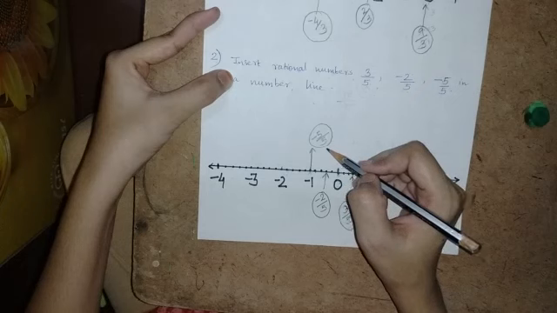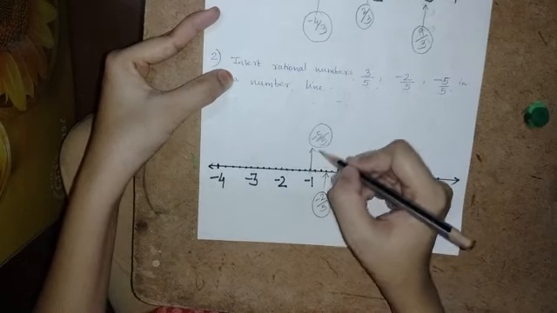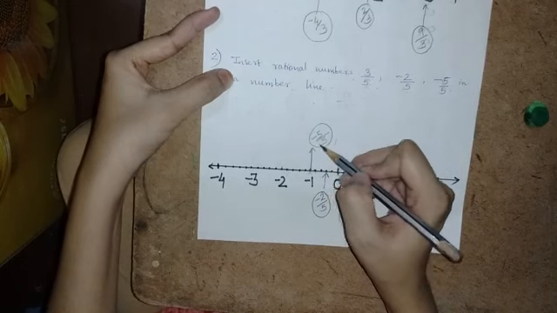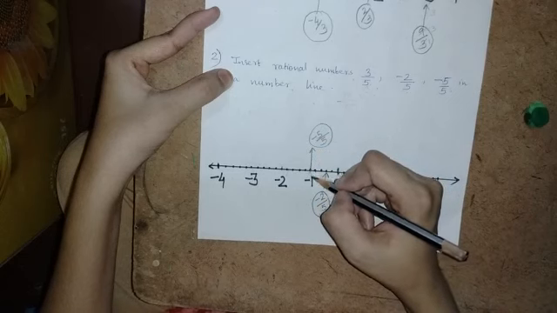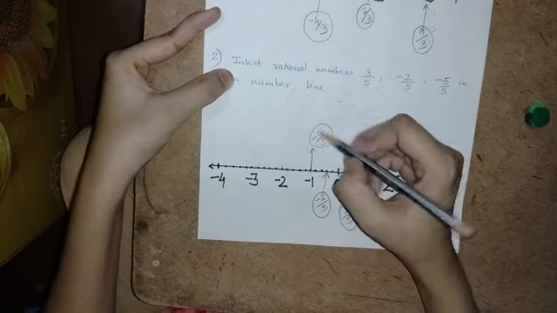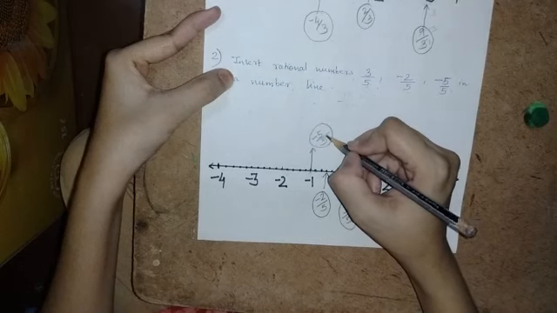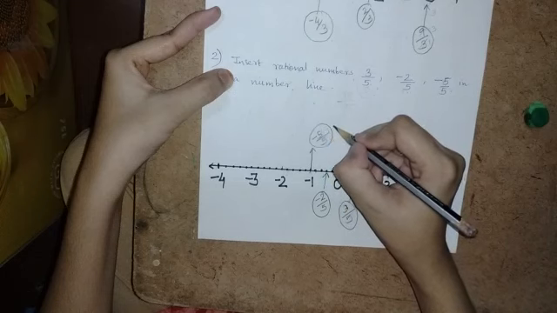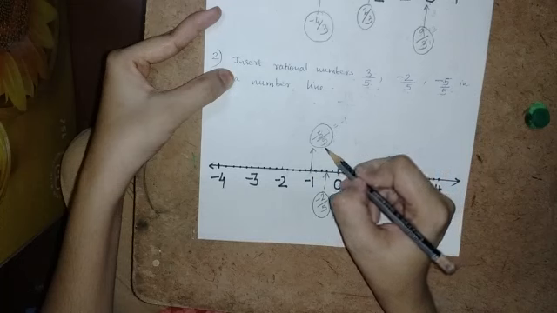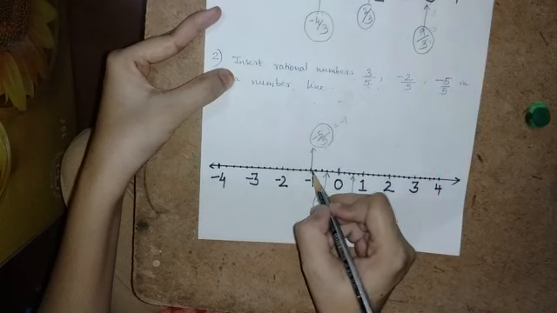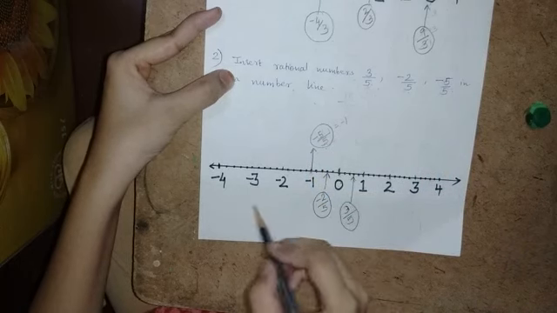I am circling it just to show you, so that it is visible clearly. So minus 5. Now you can see minus 5 by 5 is exactly inserted at the negative integer minus 1. Why so? Because this minus 5 upon 5 can be cancelled further. See, 5 ones are 5, 5 ones are 5. So what does it come to? Minus 1 it comes. So that's why minus 5 by 5 is coming at the position minus 1. Got it? So in this manner you have to do.